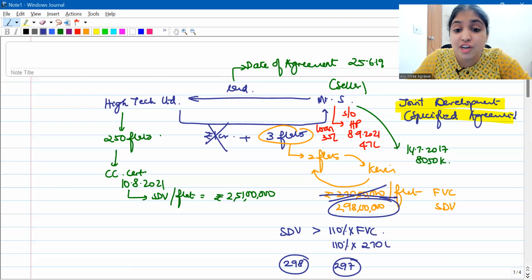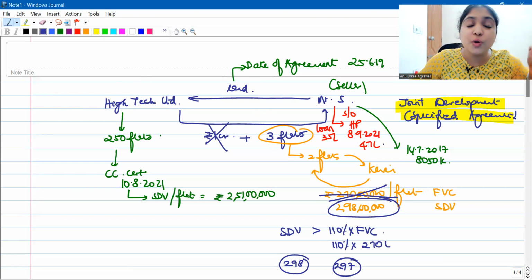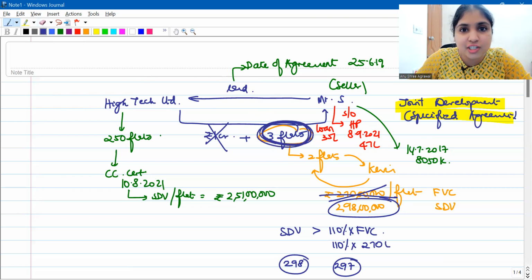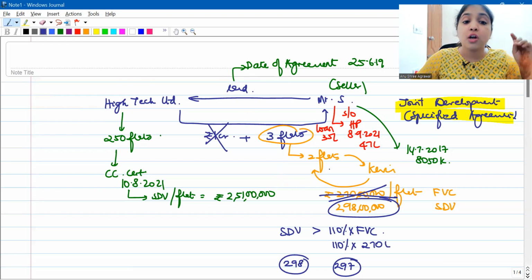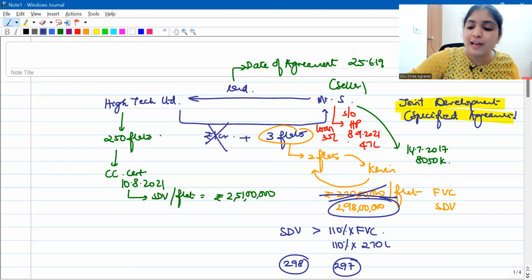So did Mr. Sakshar directly pay anything to get these flats? Direct consideration? Not really. So in such cases, what section 45(5)(a) says, listen carefully, is that because of the joint development agreement, you will be getting a share in the new property, right? This share in the new property, when you transfer it later, what will your cost of acquisition be? You go back to the full value consideration.